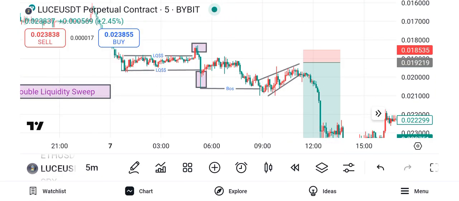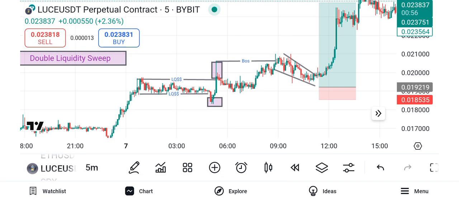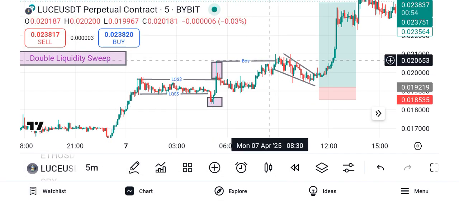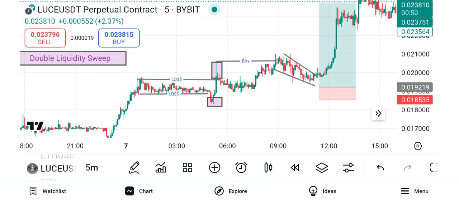But in this case, let me take it back to the normal. In this case, it broke structure to the upside. That means the market wants to go up,